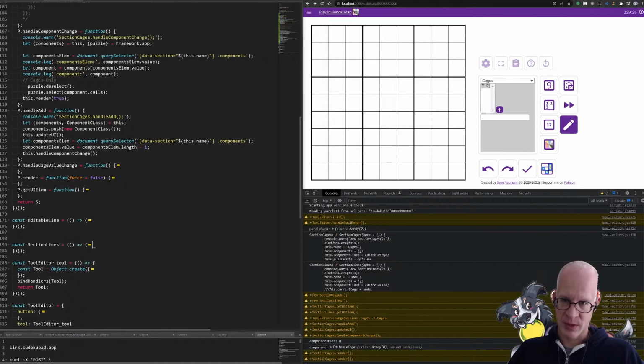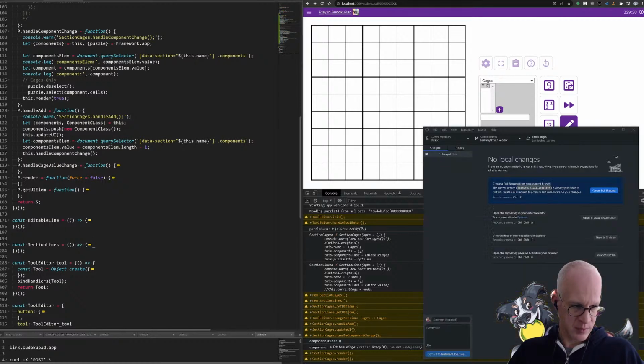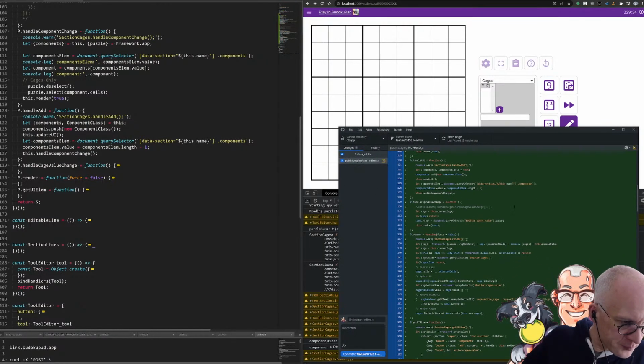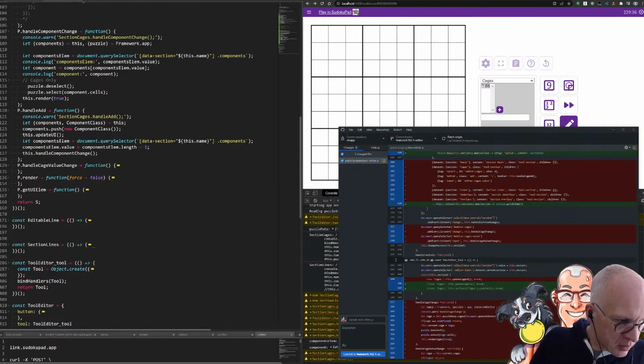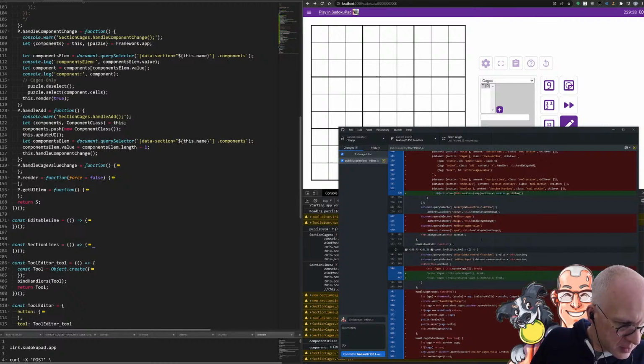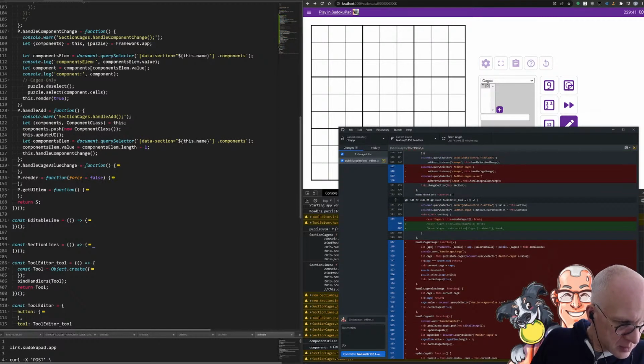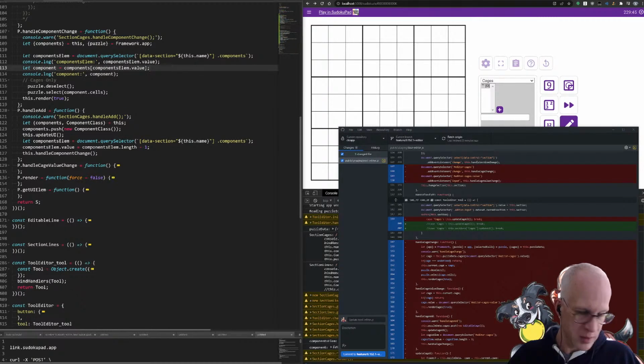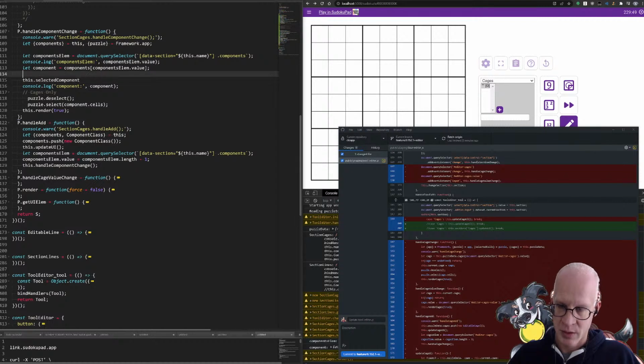Wait, so components change is already sorted here. Except we're not actually setting that. Editor cages value, handle cage change, current cage. Yeah, we're not setting that. So if handle component change, if component